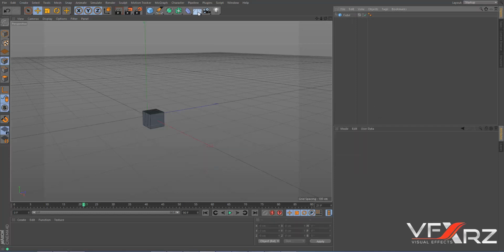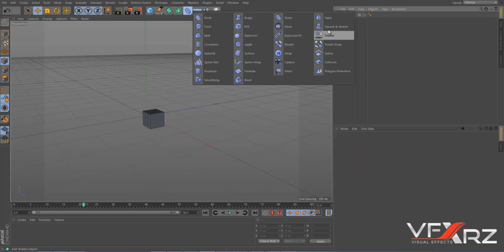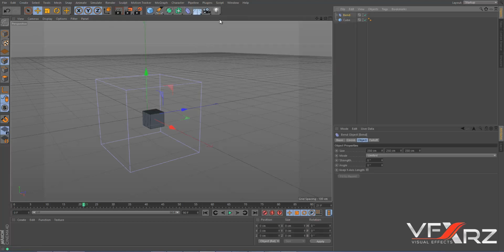Okay, next group I want to teach you. It's very important that you can use all of these deformer objects. All objects here are deformers. Okay, first deformer is bend. If you click bend,